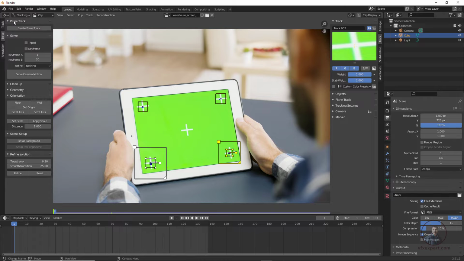So just open this one plane and click on this create plane track. Before clicking on this create plane track option, first we have to select all 4 trackers. Remember this one, this is the most important thing here. So again press A, which means I have selected all of these 4 trackers. Now simply click on this create plane track, then only this will create a plane. Remember this one. So again just click on this create plane track here.